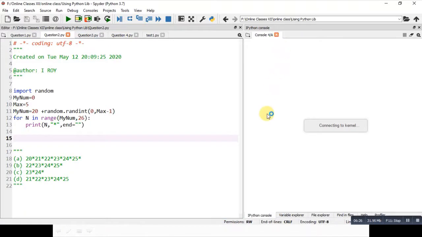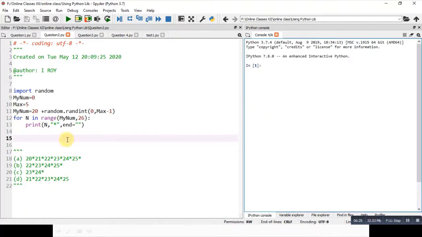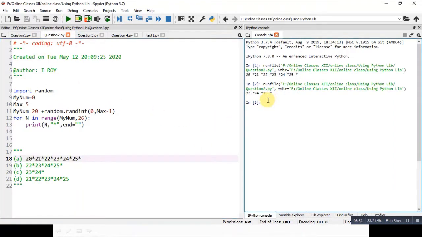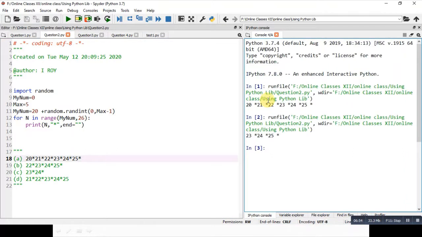Okay, so you can see that the same output I have written here, and this is actually the code that I have typed earlier. So now execute the program and see. Now it is coming as 20 and 25. It means it has generated option number 1. If I run it for the second time, I'm slightly increasing the size of the screen here. So it is 23, 24, but the last value is always coming as 25. You can see here. It may be 21, 22.